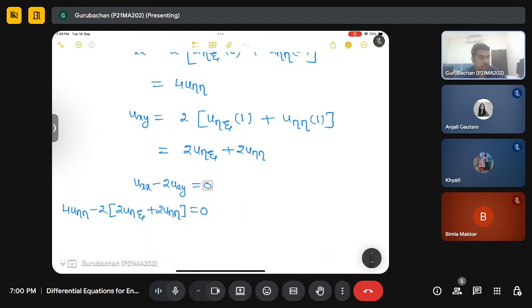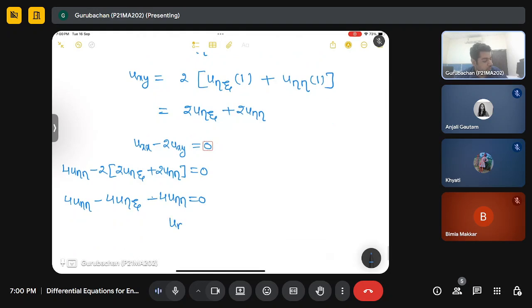So this will give us 4 times u eta eta minus 4 times u eta xi minus 4 times u eta eta will be equal to 0, and this will directly give us u eta xi or u xi eta. You can write anything because u is a continuous function, or u has second order partial derivatives. So this is your